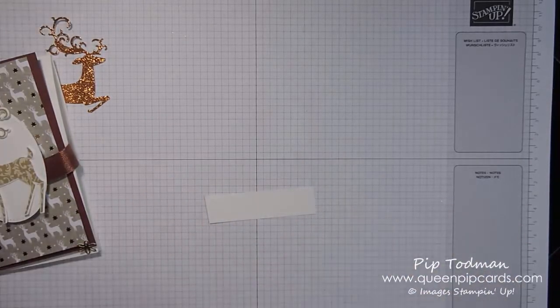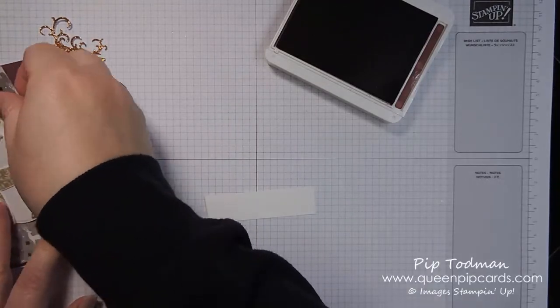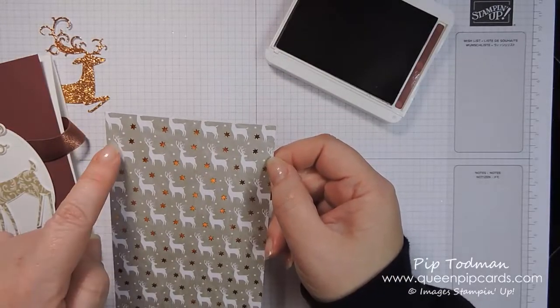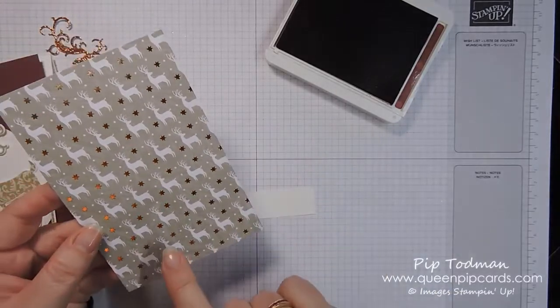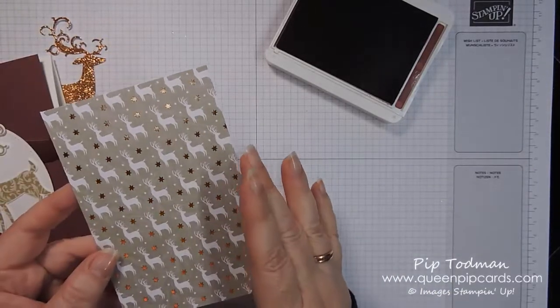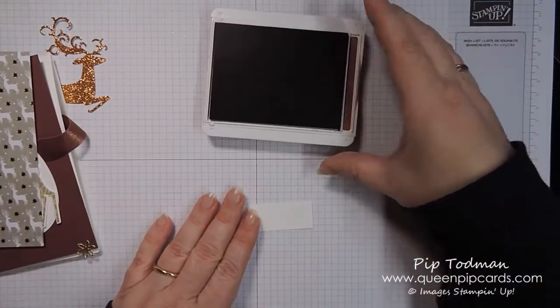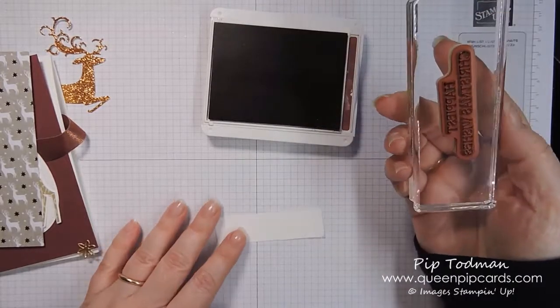So if you're like me and you collect all these little offcuts from the edge of your card making, when you cut your Whisper White card, I always cut 4 at a time to make my normal bases, so the layers of 13.9 by 9.5, which I didn't tell you what that was, did I? So it's 9.5 by 13.9. If you do 4 of these on a piece of Whisper White cardstock, you get left with strips that are about this big, and I always keep them because they're great for sentiments. So I'm going to use Merry Merlot,